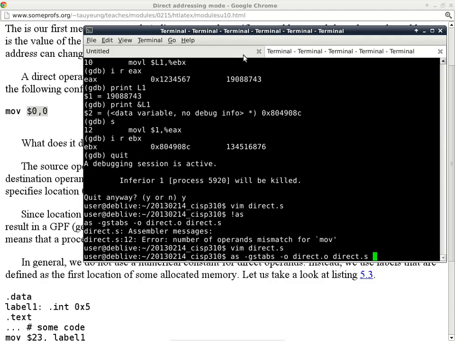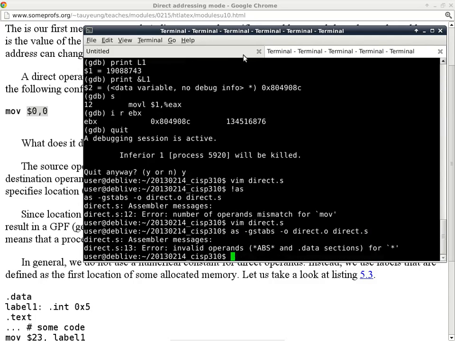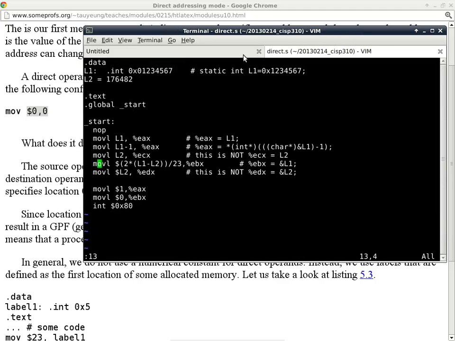Compared to C, would it be kind of like comparing L1 to the int and 4 bytes? For only this class session, yes. For only this particular class session, this is almost saying static int L1 equals 0x